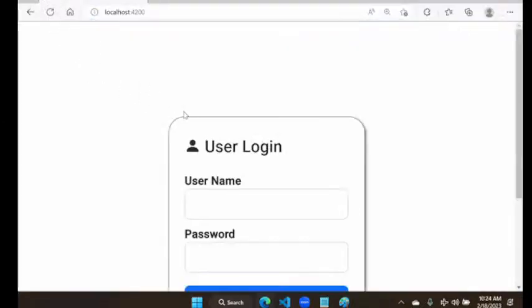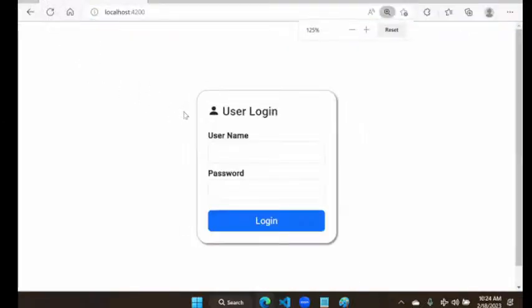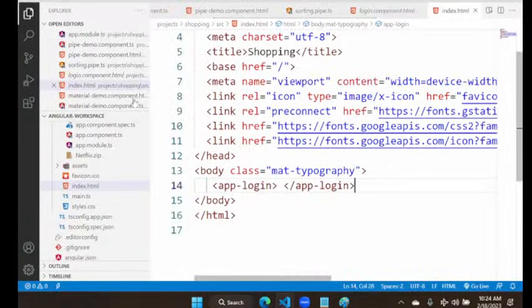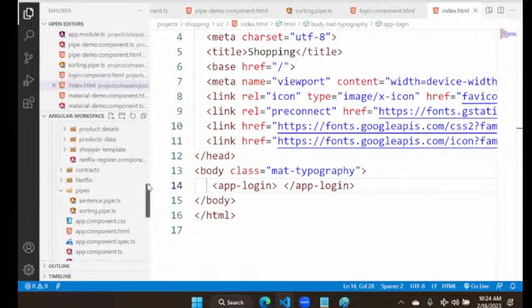Now this is a login component here. There is a login screen. Now what I want here is a captcha, some random code. Below that password, I want to add some random code. So in that login component HTML,